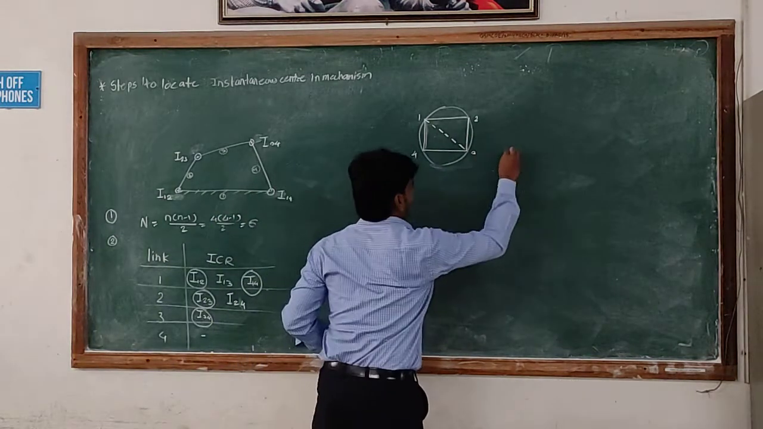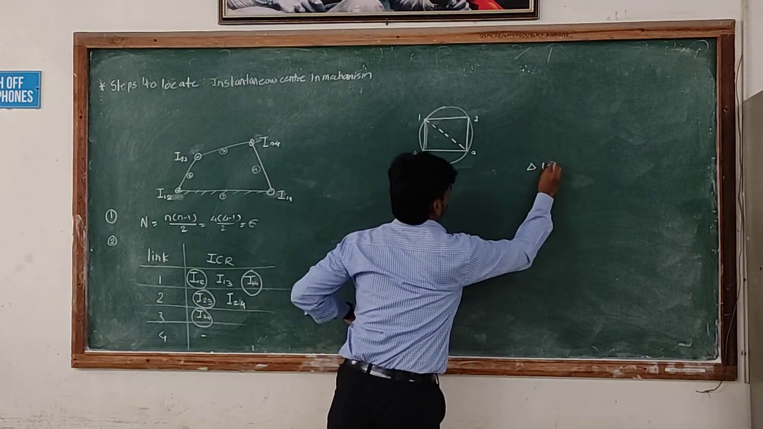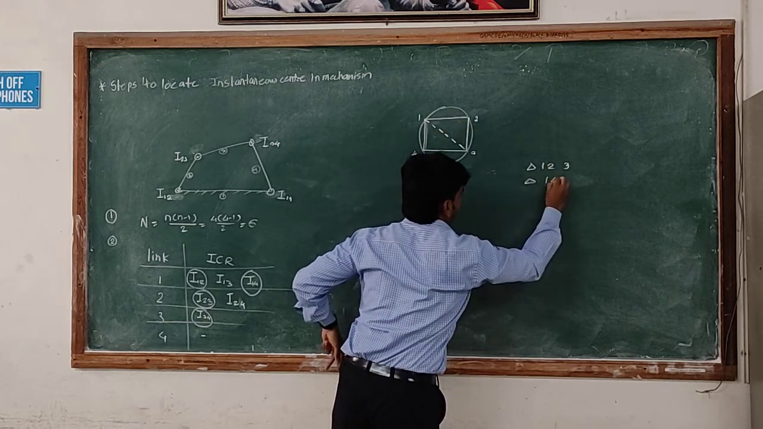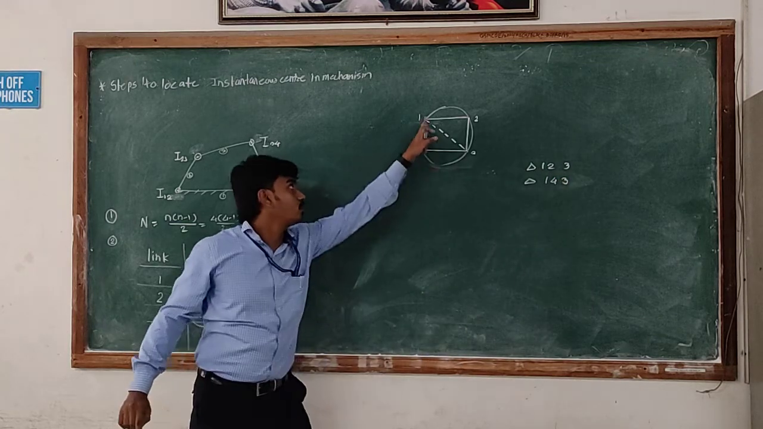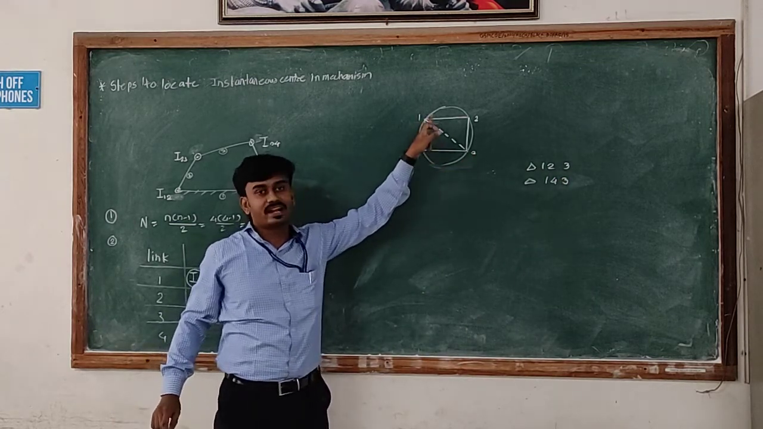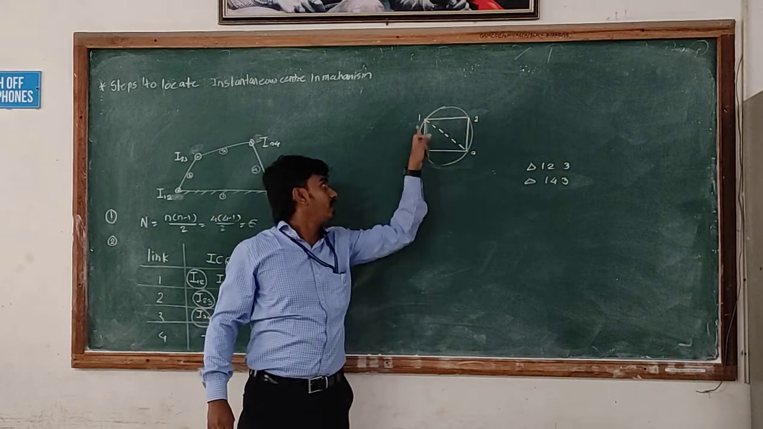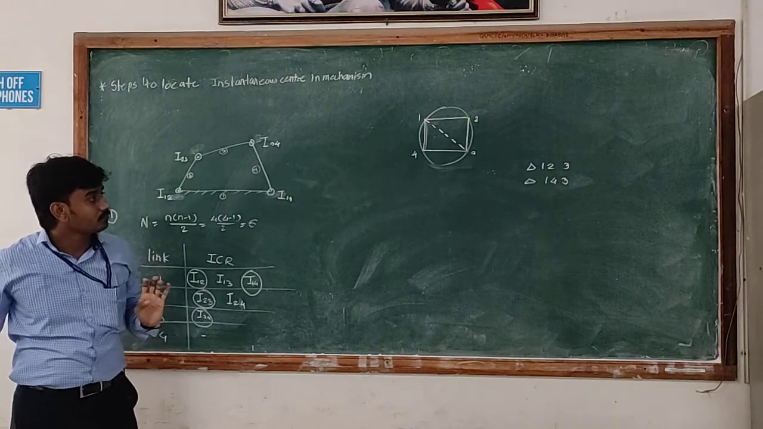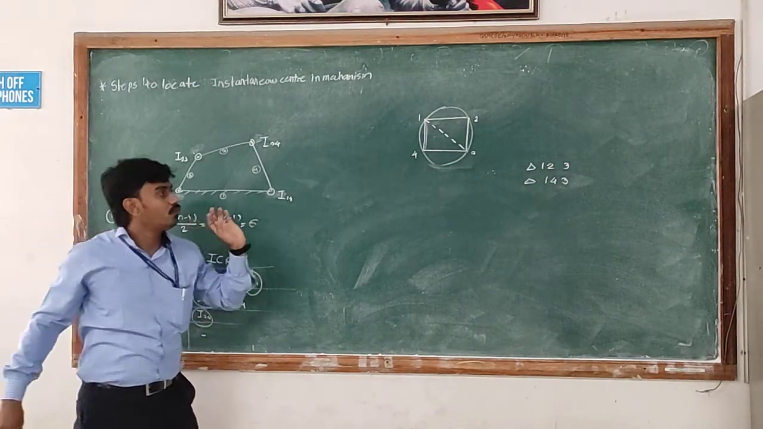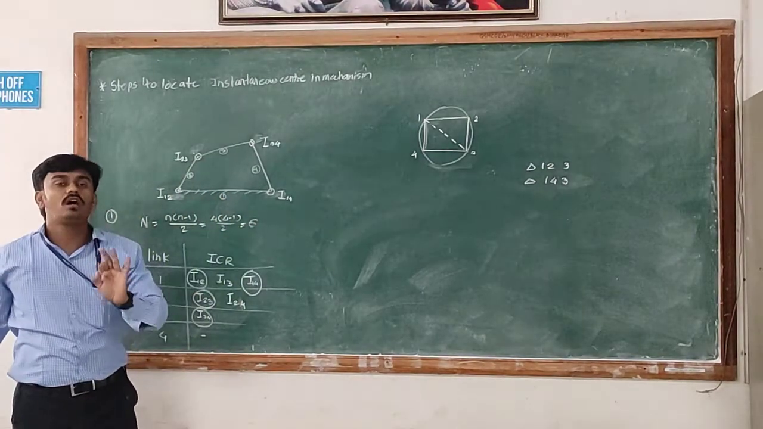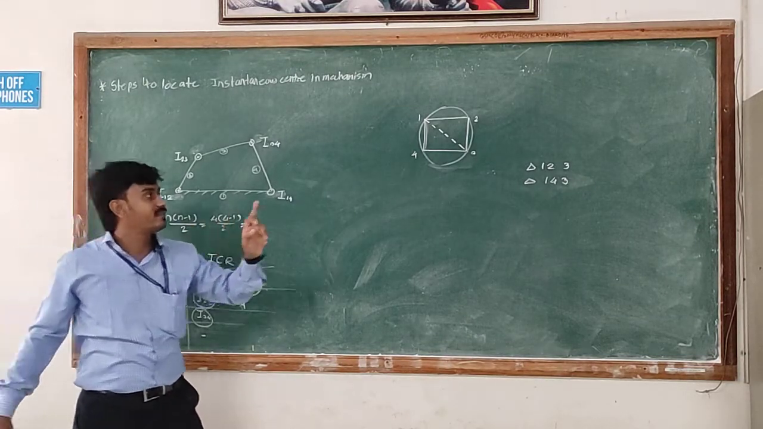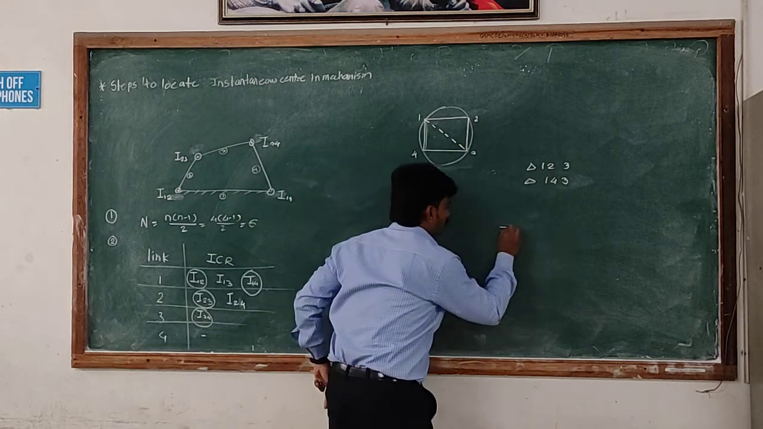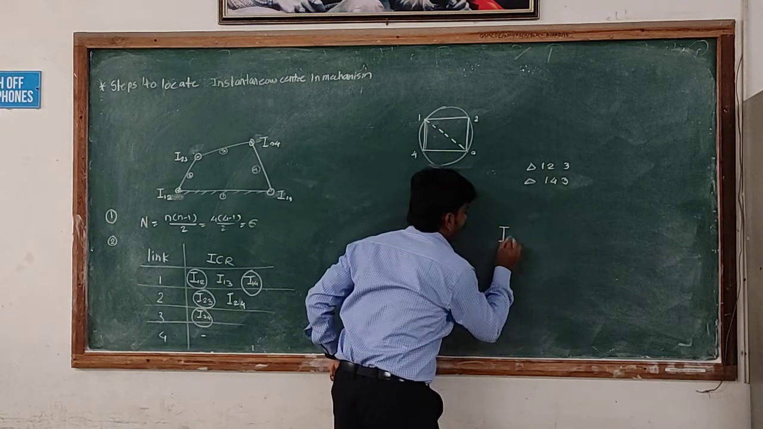That is, triangle 1 2 3 and triangle 1 4 3. When we join 1 and 3, we will get the triangles 1 2 3 and 1 4 3. Okay. Now, if we want to find out the ICR 1 3,